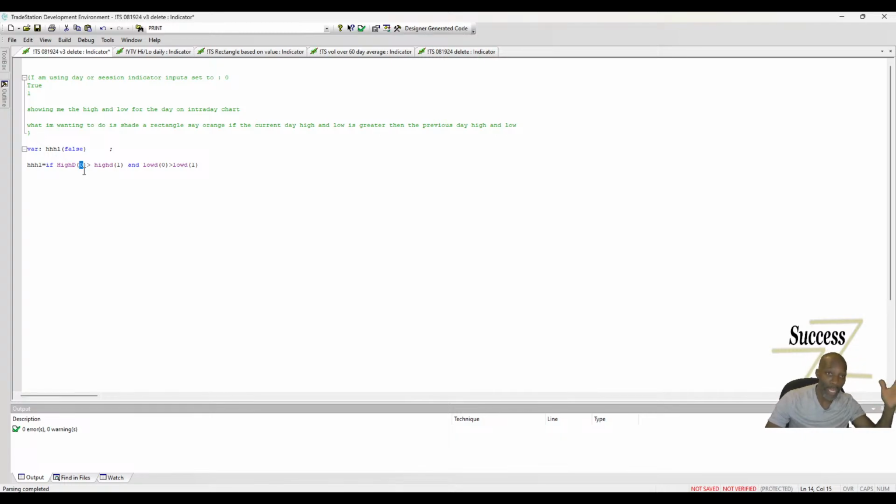1 is 1 day ago. 2 is 2 days ago. Okay, so again, we're saying that the high of day today is greater than the high of day yesterday, and the low of day today is greater than the low of day yesterday. All right, so that's going to be assigned to higher high, higher low. Okay, now if higher high, higher low is true, then we want to